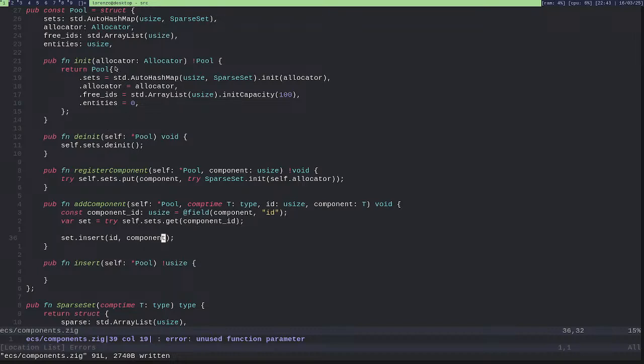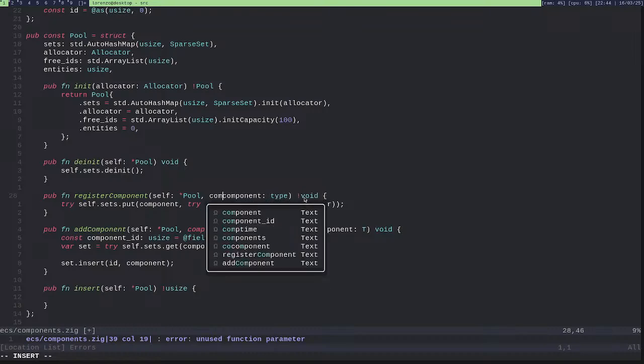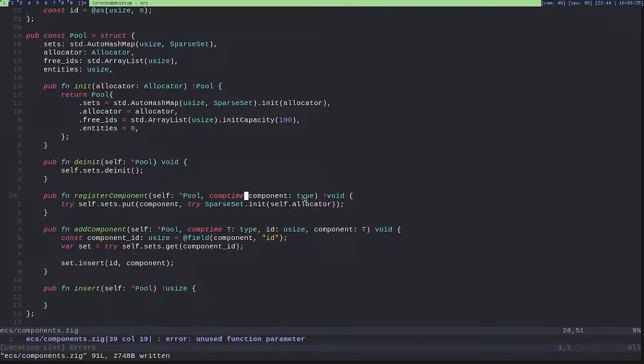And where am I initializing this sparse set? Here. Okay. I will just say that this is a type, comptime component.